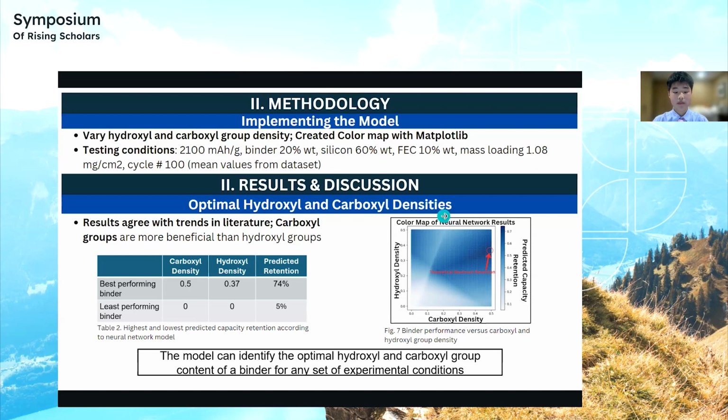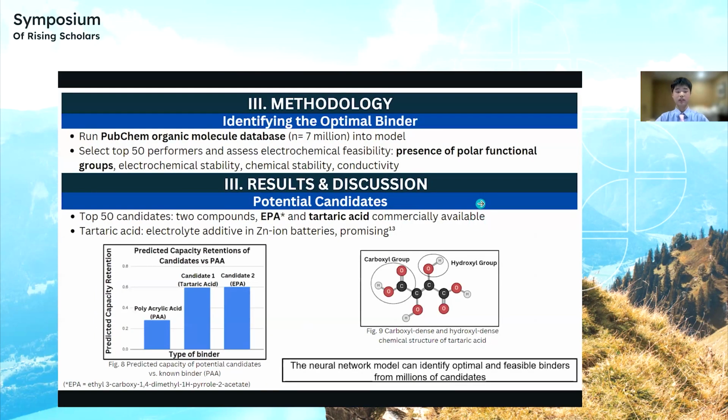Therefore, I concluded that my model can identify the optimal hydroxyl and carboxyl group density of a binder for any set of experimental conditions. Finally, I was able to implement my model by running my model through the PubChem organic molecule database, which had 7 million molecules. And from there, I was able to identify the top 50 candidates with the highest predicted capacity retention. However, of the top 50 candidates, only 2 are of significant importance, those being EPA and tartaric acid, because